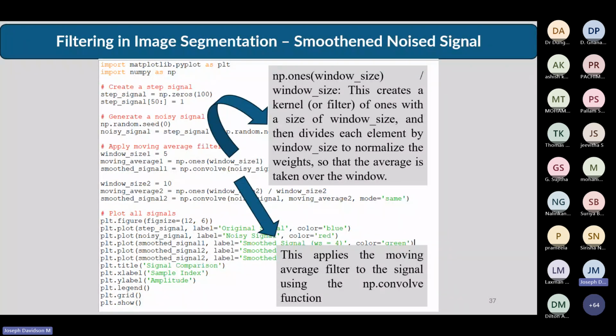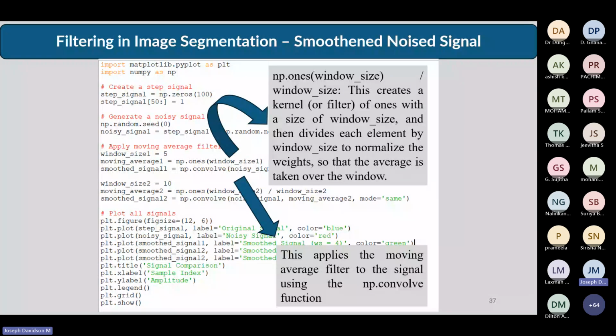Underneath the mask, we'll have pixels of different intensity, and we try to normalize that intensity by an average. In this particular case, I already told you about Gaussian blur and median, and this is a new one, the moving average. So the signal which is having some noise, I would like to normalize it by using a moving average filter.